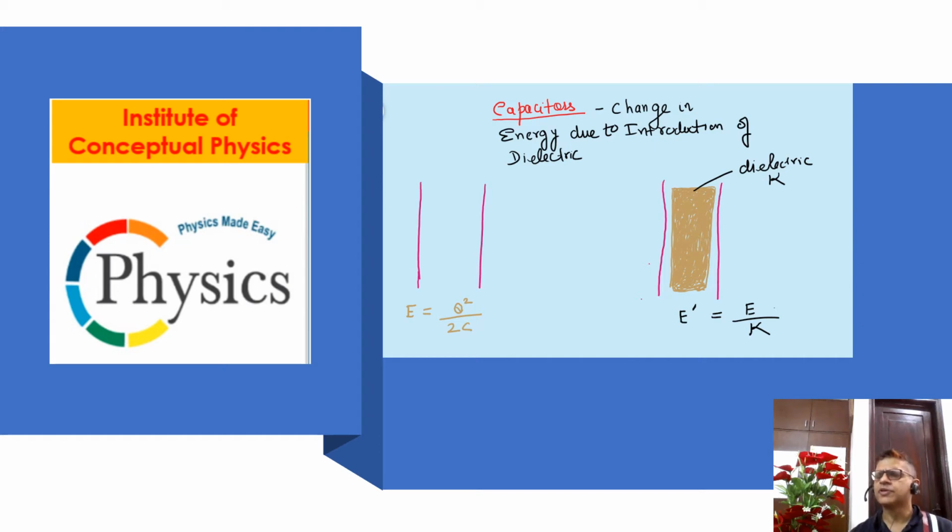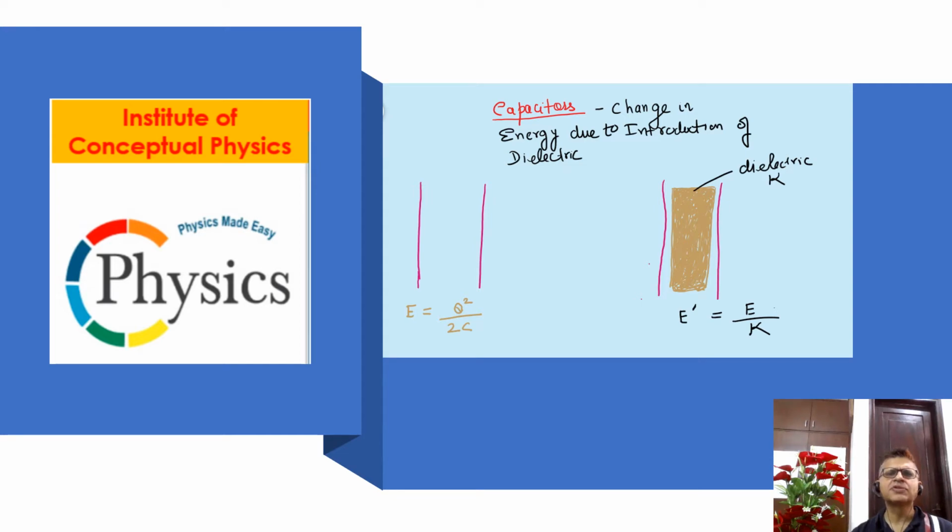Good morning and welcome to this video on the concept of how the energy of a capacitor is impacted because of the introduction of a dielectric. So if you see the diagram on the left hand side, you have a capacitor which is having energy of Q square by 2C, and then you introduce a dielectric in this capacitor. You can see the capacitor on the left hand side is not connected to any battery. So on the right hand side, when the dielectric is introduced, the charge remains constant.